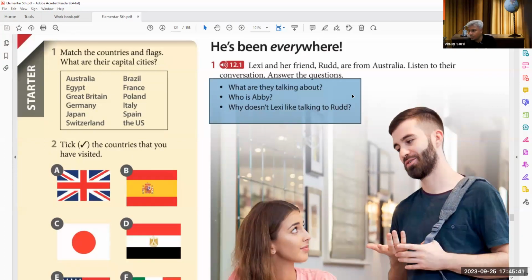99% of the classes that you will ever attend for English will not be interested in helping you improve your overall understanding of English. They will only aim to help you pass the exam. And if you pass the exam, they will take a lot of credit, your photos will go up, and somehow the students also enjoy this whole thing.